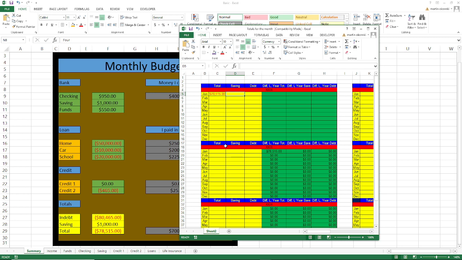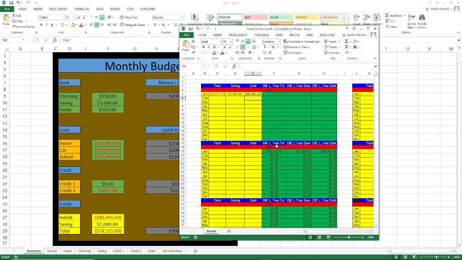Then savings $1,000. Now, when you do the indebtedness, you want to leave off the negative. So you put 80,465.